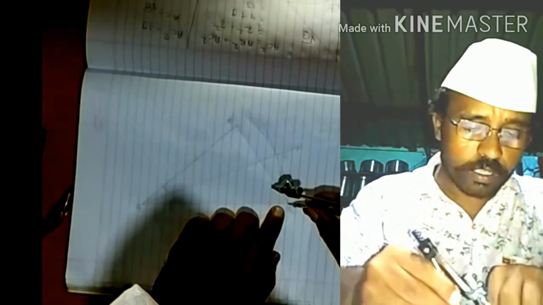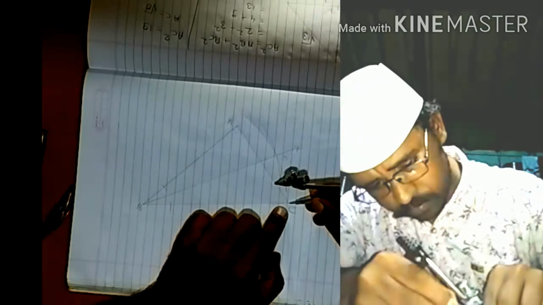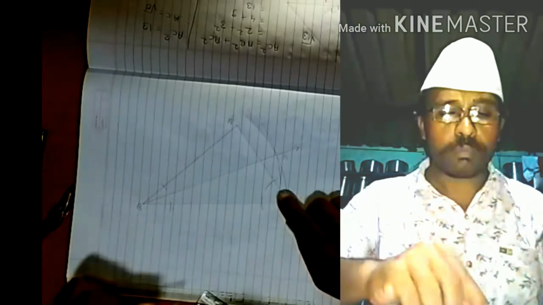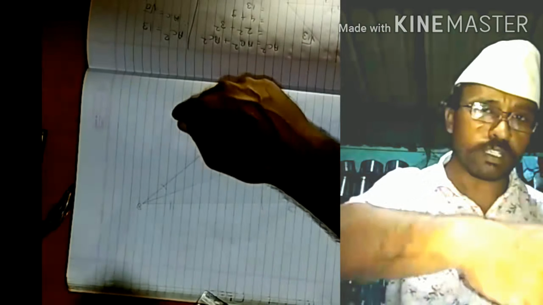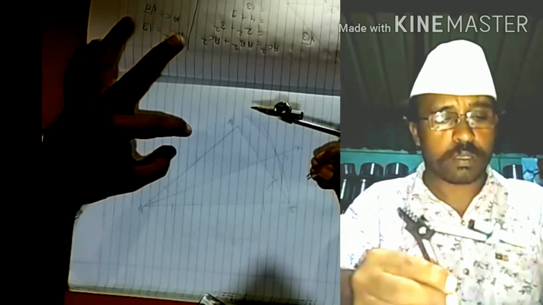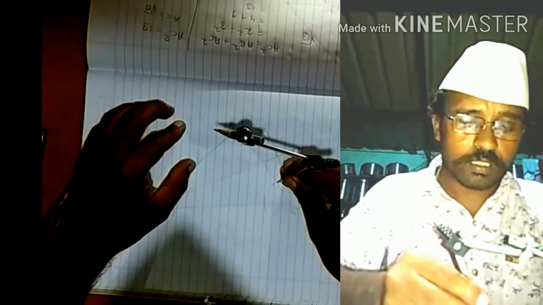Now draw two arcs respectively. One arc intersects this arm, and one arc intersects this arm. Now from this intersection point we have to draw one arc, and from this intersection point we have to draw one arc. Let's do the same trick once again. Let's increase the distance such that the intersection point of both arcs comes out of the triangle. So I have increased the distance.